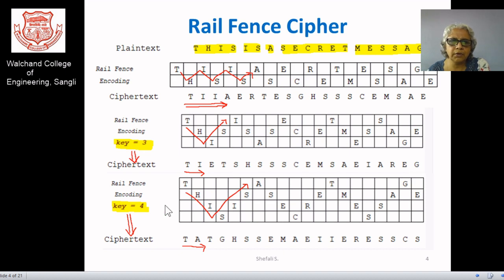In the similar manner, we will go for the Rail Fence with the key equal to 4, so that you can have multiple options. Even if the idea is known for the Rail Fence, the particular security or criticalness lies in the choice of your key itself. So as you are keeping your key as the secret one, it's slightly difficult even though the cipher is known or even though the plaintext is known. So it's very critical for the opponent to find out what exactly is your plaintext.